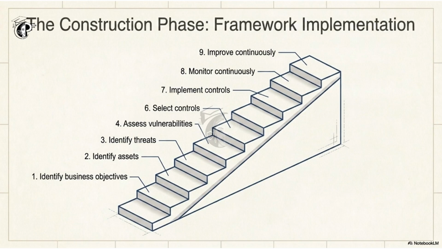Now the next thing is, we're going to be looking at framework implementation. These frameworks that I have listed, how do we implement them? The first thing there is you are identifying business objectives. What is your business objective? What do you intend to achieve? What do you want to do as it pertains to your business? What do you hope to achieve? The next one there is the assets. What are your assets? For every business, there's always an asset. The next one is the threats. Identify your threats, the vulnerabilities, the controls. What controls are you going to put up there?